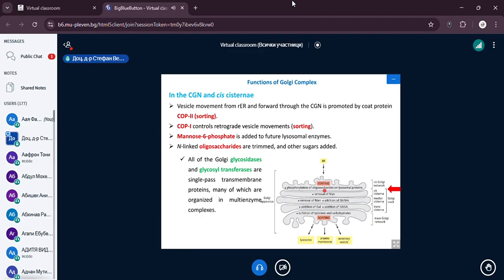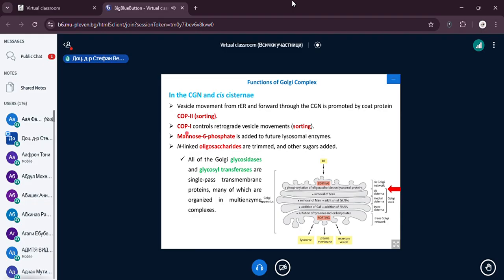These lysosomal enzymes are recognized in the trans-Golgi network, and specific mannose residues on these proteins are phosphorylated on the 6th position to become mannose 6-phosphate. This is very important because later you will see here in the trans-Golgi network, these proteins which are marked with mannose 6-phosphate, the future lysosomal enzymes, can be